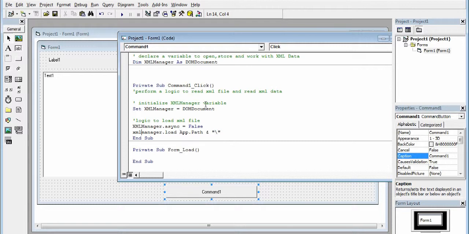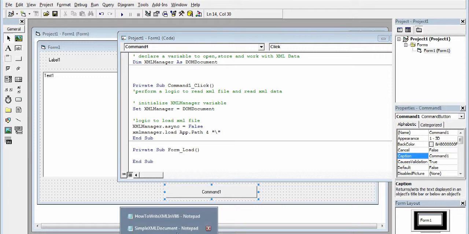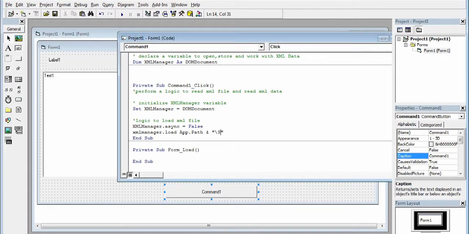So I'm going to say okay, and what's the name of it? Simple XML document. Simple XML document dot XML. Okay, and